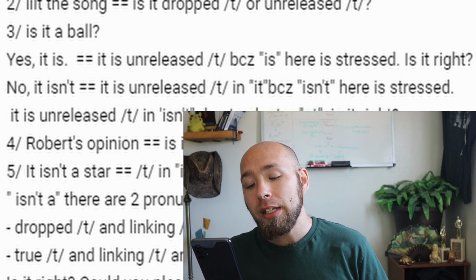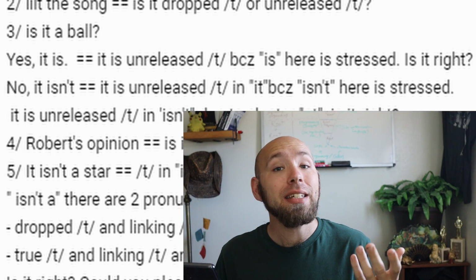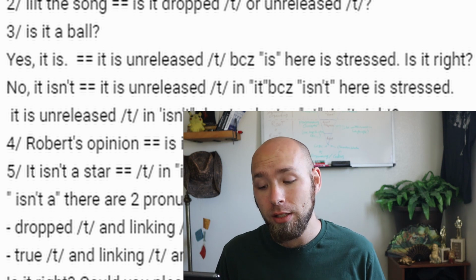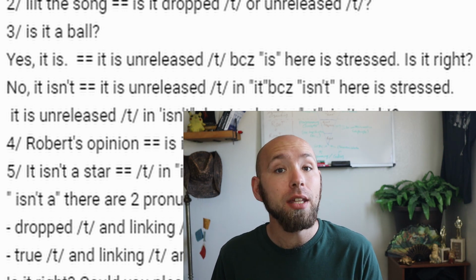So it is possible, it's always possible, to say "yes, it is," or "no, it isn't." Or we could even stop the T and say "yes, it is," or "no, it isn't," because these are various ways that the T could be pronounced. Most likely we're just going to flap it and connect because that's what we would most likely want to do here to keep that flowing really well in American English. But these other options might happen, especially if we're speaking more slowly or we're emphasizing the word with the T. So if I say "yes, it is," okay, I can get a little T there, that's fine.